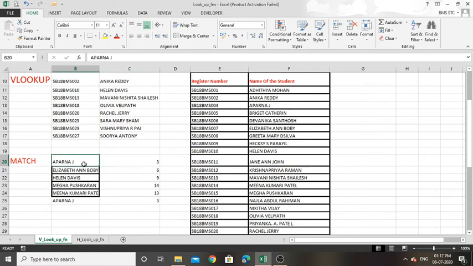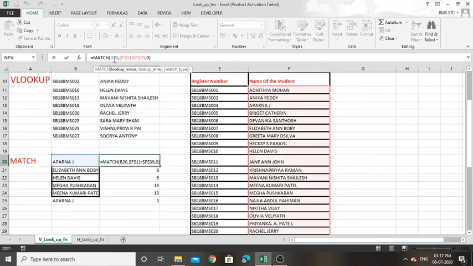So this will be my searching key value in the MATCH function. The MATCH function has 3 arguments: lookup value, that is this particular one, and lookup array, which is this table. The table from only the names I want to list, no? So I put names as the searching key values.